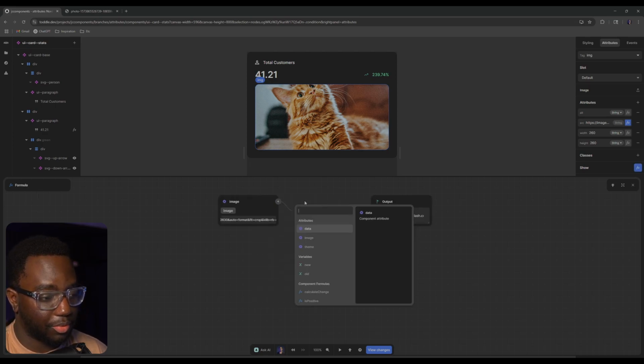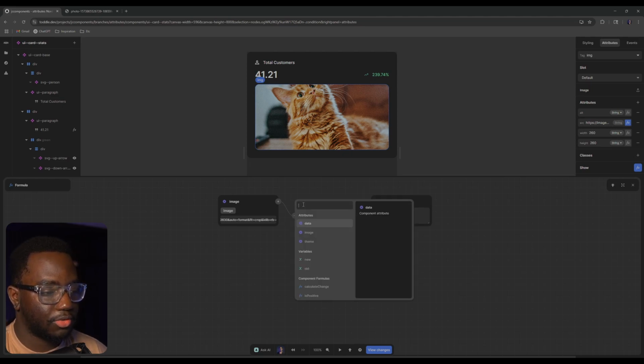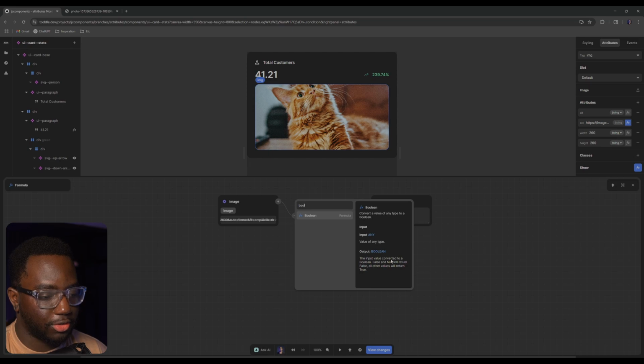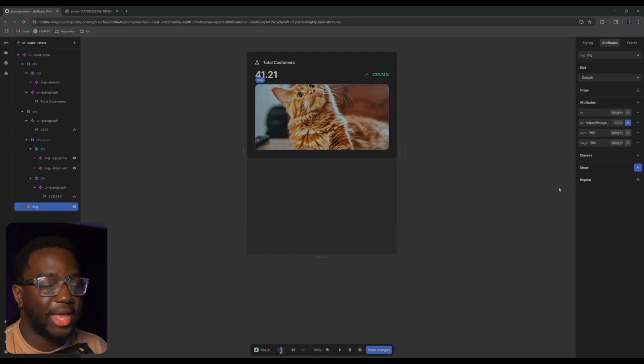And if we want, we can just add Boolean right here. If we read what Boolean does, it's going to convert the value to a Boolean. True and null, sorry, false and null will return false, and anything else will return true. So that means if image has any value that isn't false or null, it will then be true, meaning our